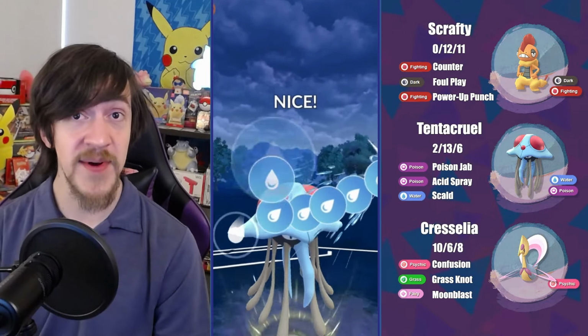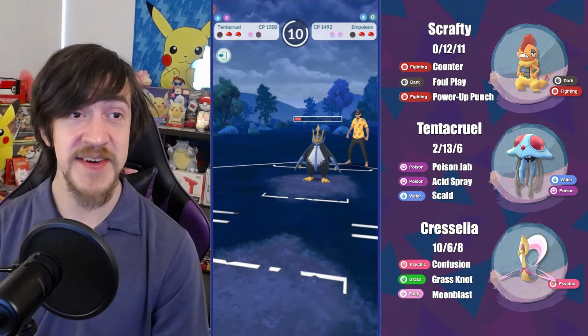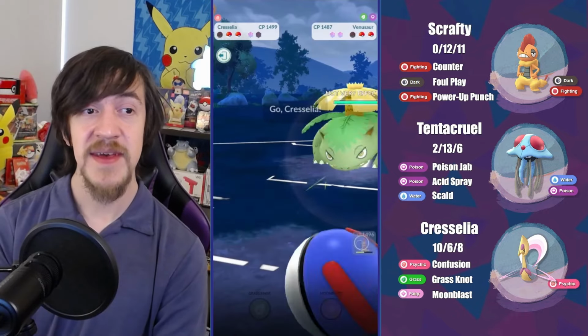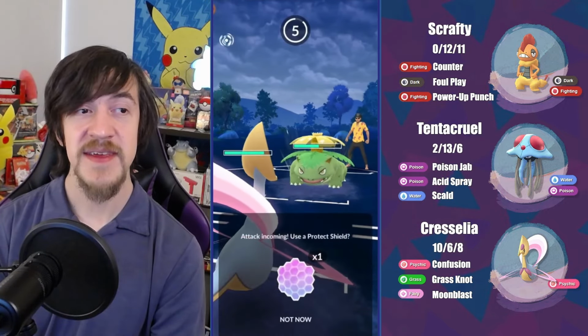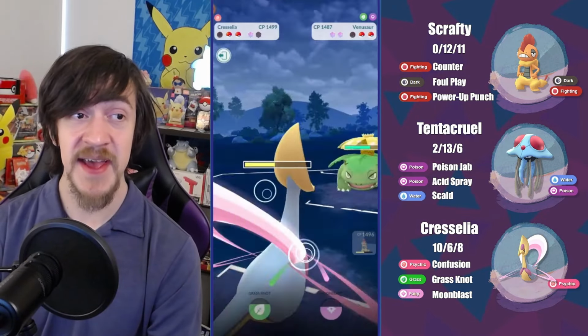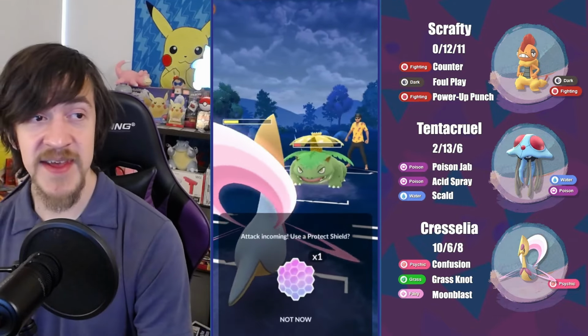So I'm going for another one, and it still does a pretty decent amount of damage. Even though I didn't get those attack drops, I think that damage was the call. And from here, my opponent decides to just insta-swap out. I guess saving energy for something that I have. I don't know what they thought I had, but I'm going to switch into my Cresselia, and I am Confusion,